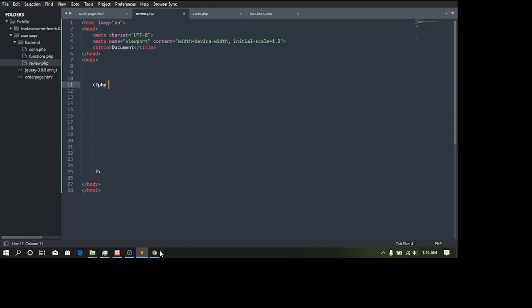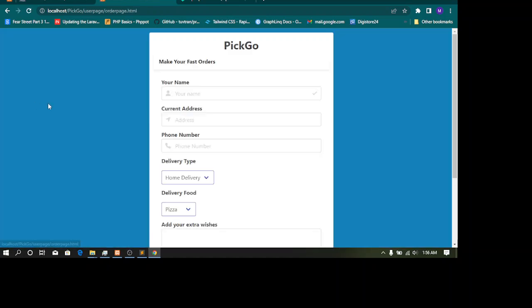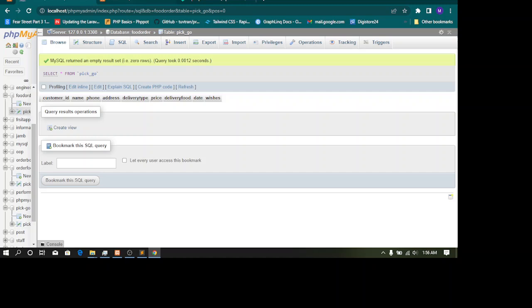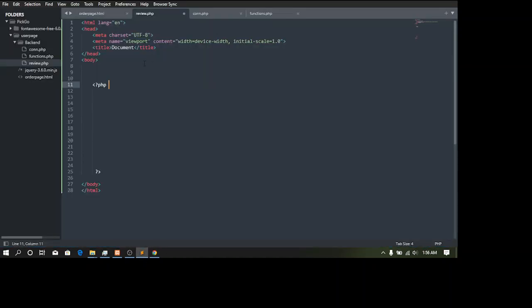Alright guys, now we want to insert this information here into the database. So that's the thing we want to do. So let's insert it now. Let's do that now. Then include functions.php and say if isset